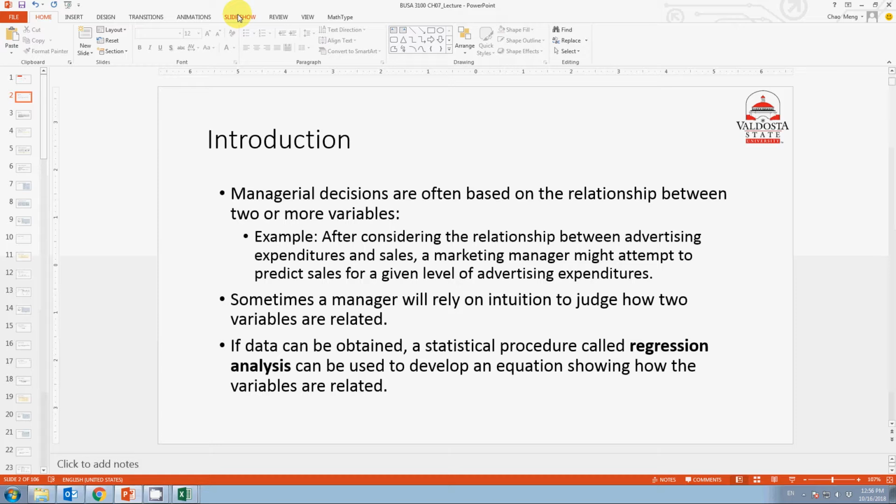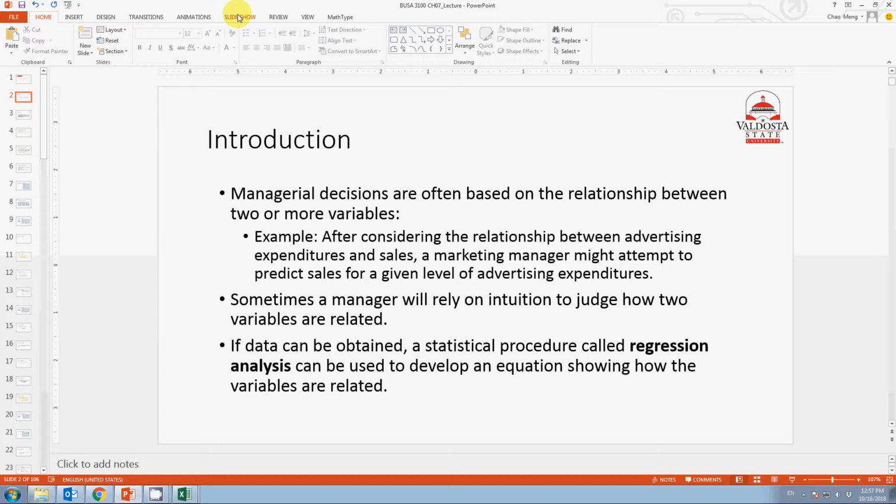Then based on the money you put in, you can predict what sales or what revenue you can expect, so that if the revenue or the sales is high enough, that will justify your strategy